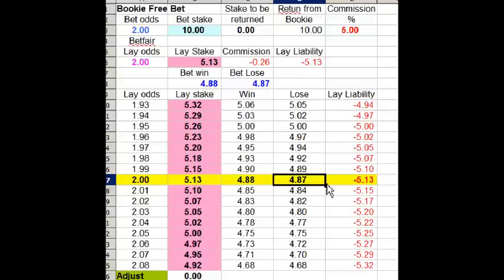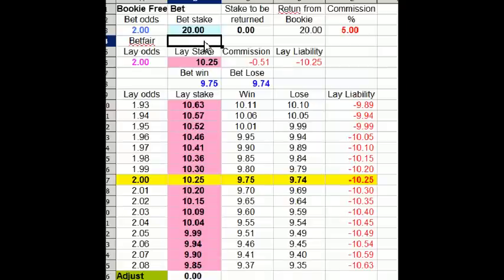Now if it wins, I would have liabilities of 513 that I need to win back on my next runner. So if the next runner was also at 2 and 2, but the stake now has gone up to 20 because the previous one won at even money, so that 20 is what's carried on to the second runner in the Betfair free bet treble. So now if we hit a loser with this one, we would win 974, which is enough to recover our previous liabilities, which were about £5 there. I'll just put that back in there,